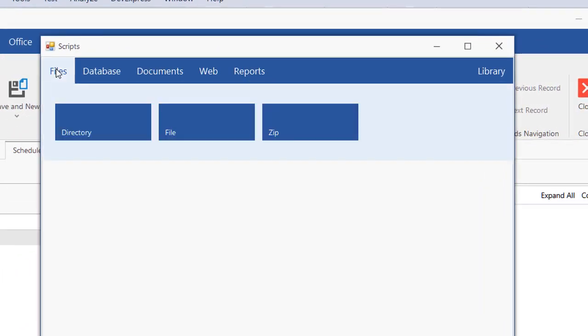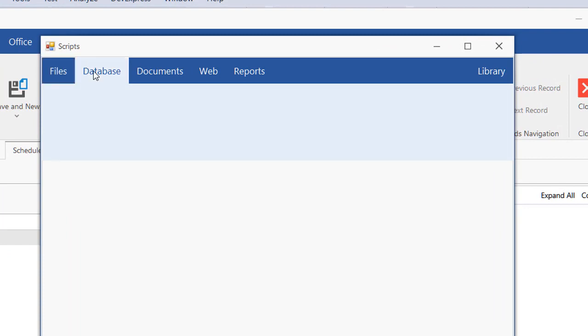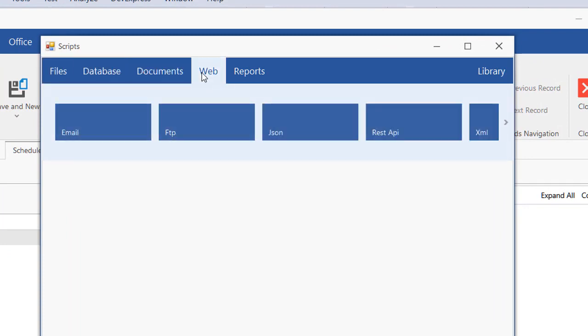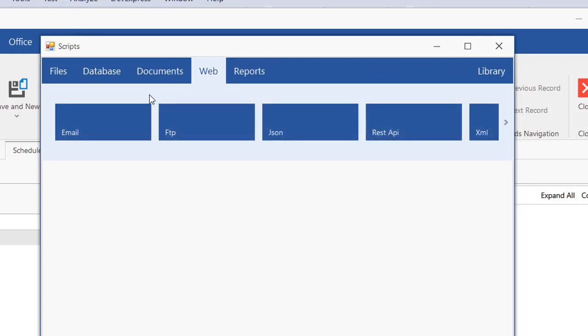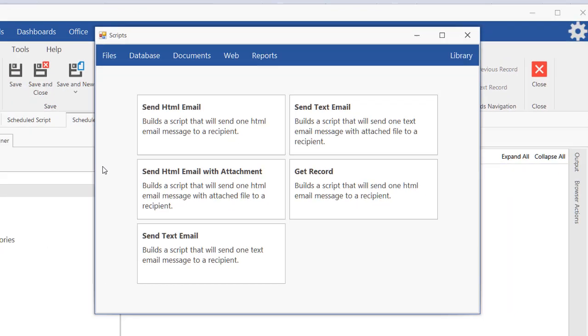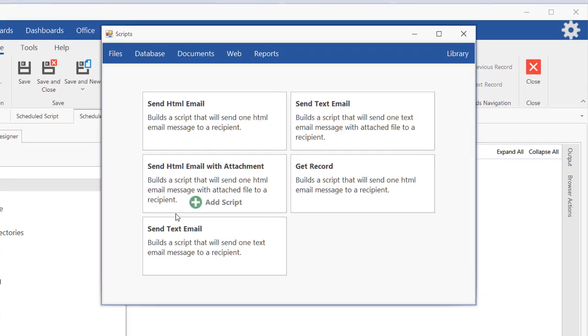and we're going to have different categories that you can choose from. And let's see, like we'll click emails. So we have pre-built scripts right here. Send HTML, send text email, send HTML email with attachment, get record, that was just for testing purposes, and send